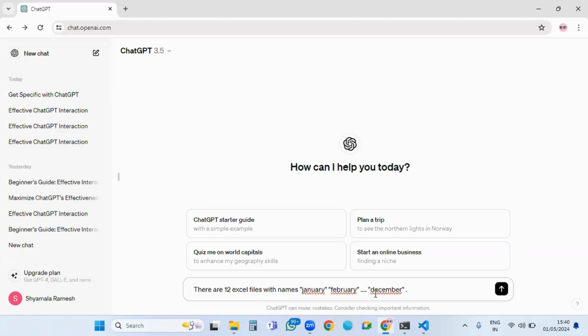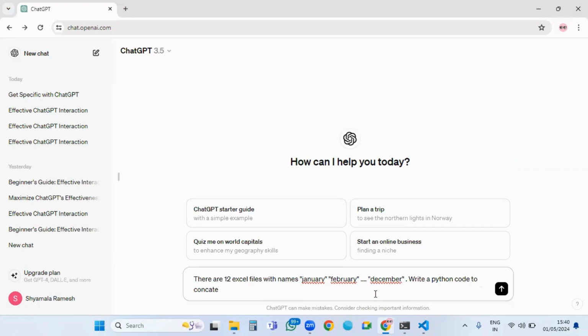Okay. And now we are asking ChatGPT to write a Python code to concatenate the data in the 12 Excel files, and create a new Excel file. The data has to be written in a new Excel file named, we can give any name. We will write it as concat data